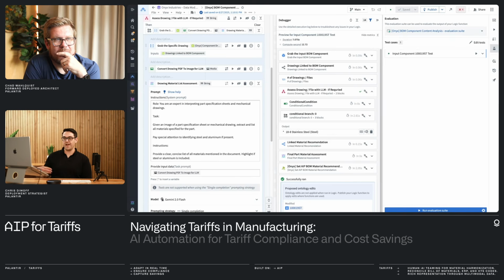Exactly. And what's even more interesting about that too is that it leads to even more use cases. So here we're looking at materials for trade compliance, but a lot of customers actually do workflows where they do material harmonization, where they're looking between all of my drawings in my engineering database to say, could I be buying the same part under different part numbers in different areas, right? And so that's using the next use case that you build on top of it to get even more